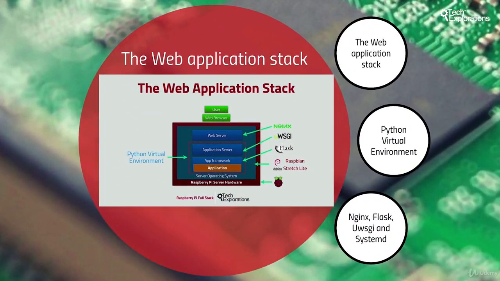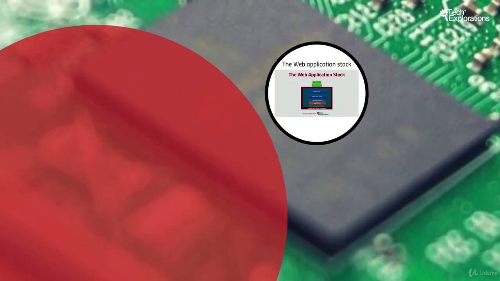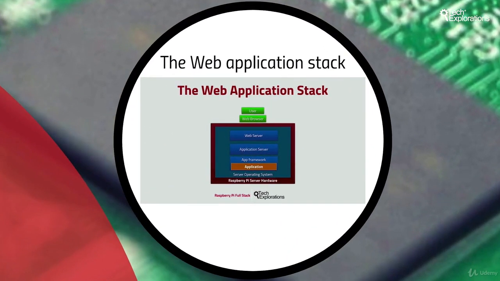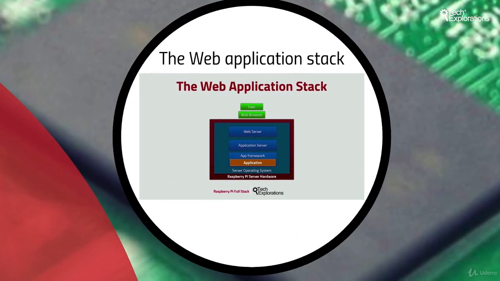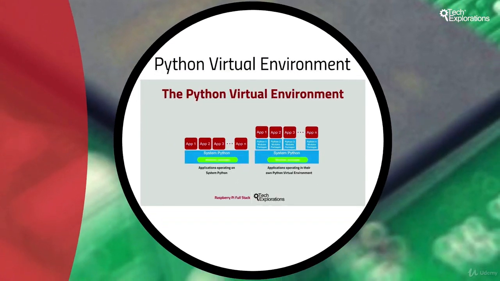In the next section, called the Web Application Stack, I'm going to introduce you to the Web Application Stack. So the Web Application Stack is the architecture on which we will be building our application. So I'll start first by explaining what the application stack is, then what the Python virtual environment is, which is another one of those mechanisms that the Raspberry Pi provides thanks to access to high-level development tools, unlike the Arduino,